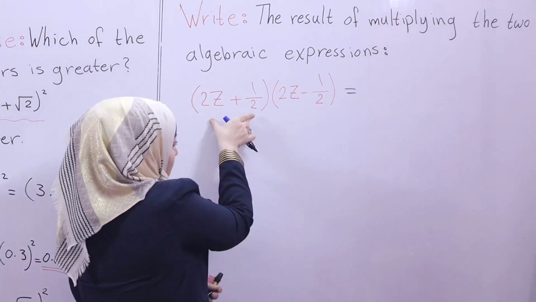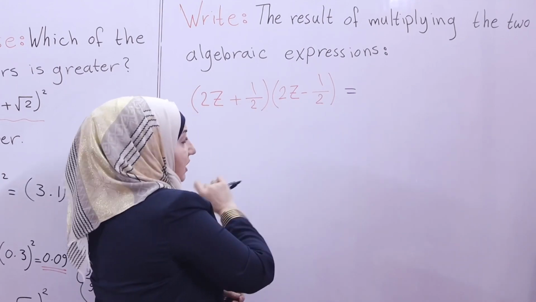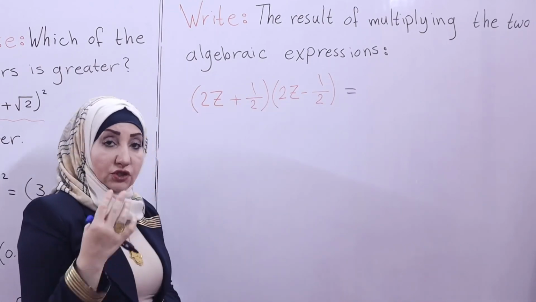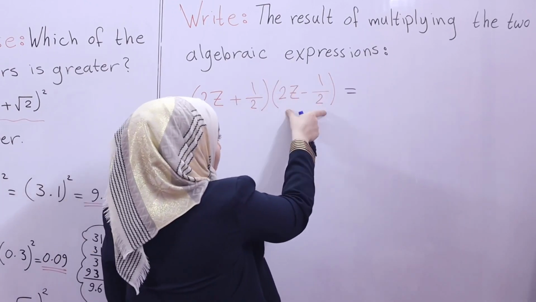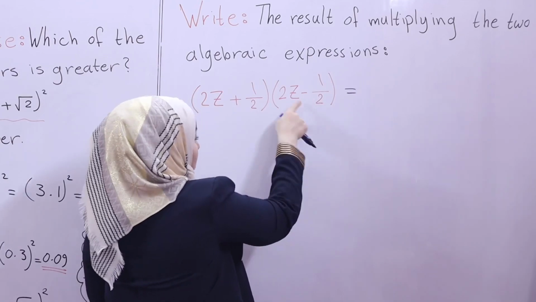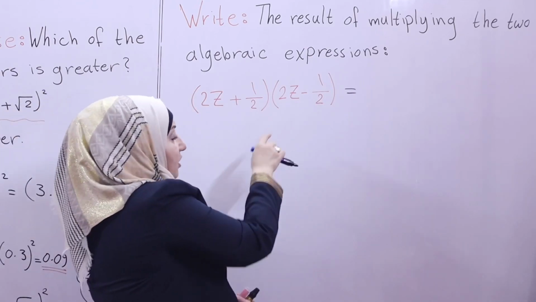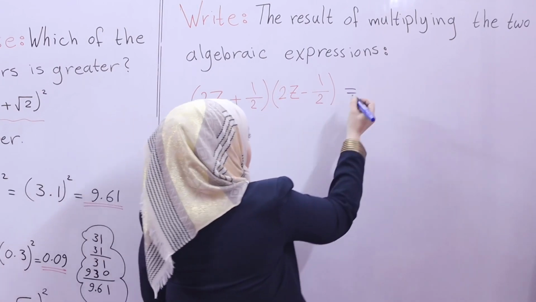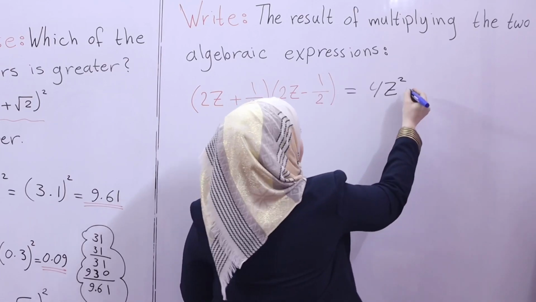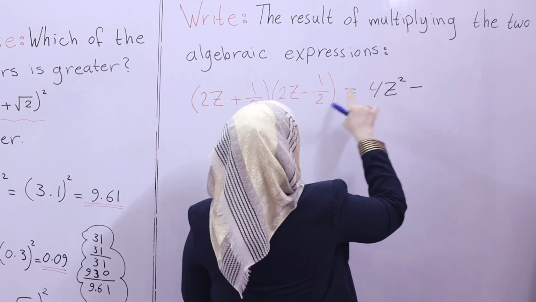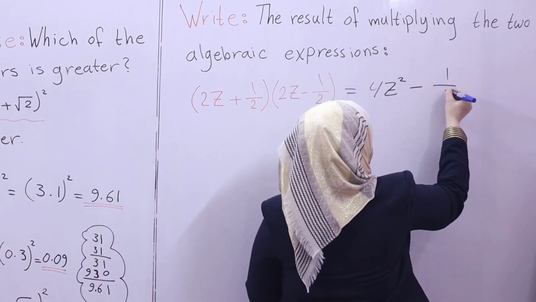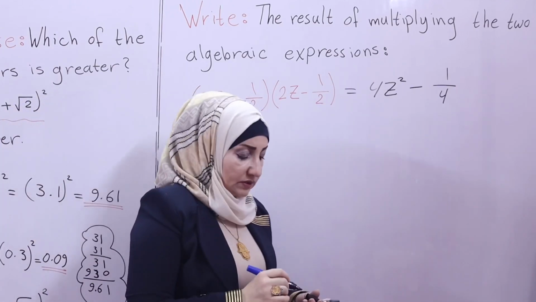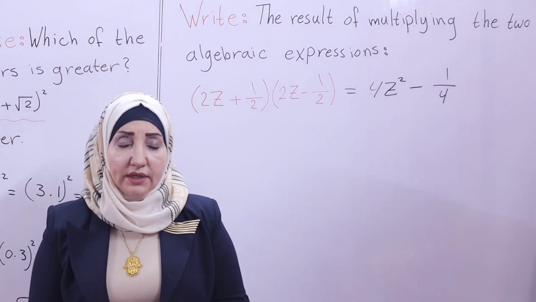How? Here we notice that in the first bracket and the second bracket, the first term is the same and the second term is the same, but one bracket has a plus and the other has a minus. This algebraic expression is multiplied by its conjugate, which has the same terms with only the middle sign different. This means the product will give a difference between two squares. So the square of the first term equals 4z squared, minus the square of the second term, which equals 1 over 4. So this is the result of multiplying these two algebraic expressions. And here we finished lesson 1 of chapter